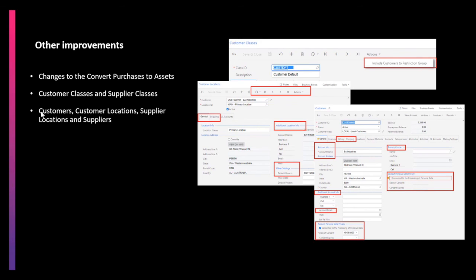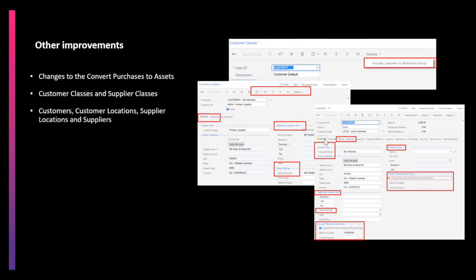There have been a few UI changes which have been made in this release to the customer, customer location, supplier and supplier location screen. First, let's look at the changes at the customer location. On the screen toolbar, a copy paste menu function has been added, action command has been added, general info tab has been renamed as general, and a shipping tab has been added. Apart from this, there are a few other UI changes, and all of these changes have also been introduced at the supplier location.